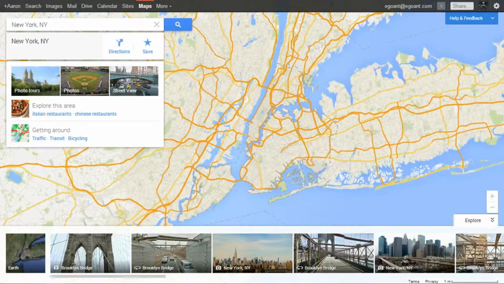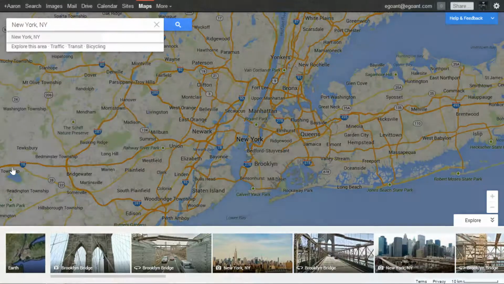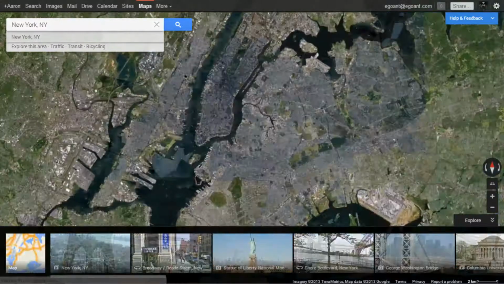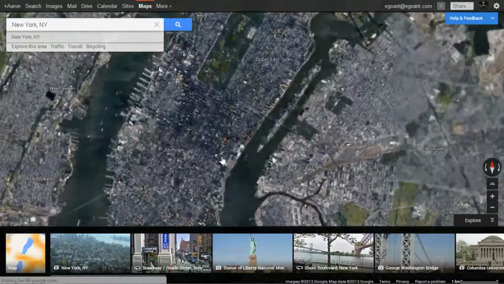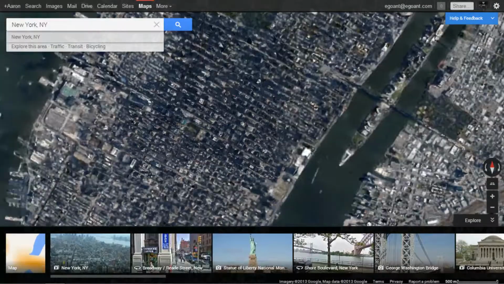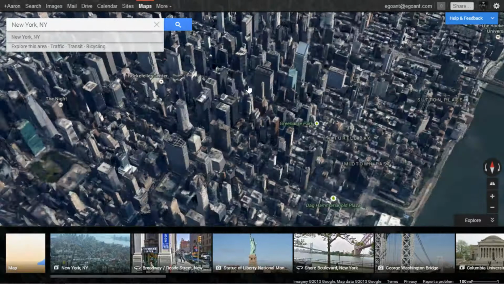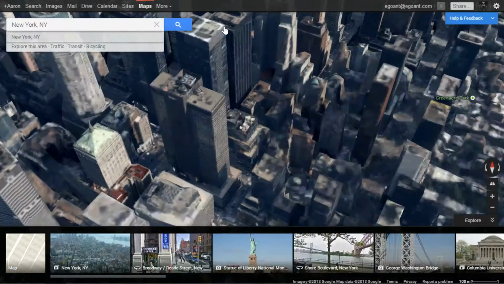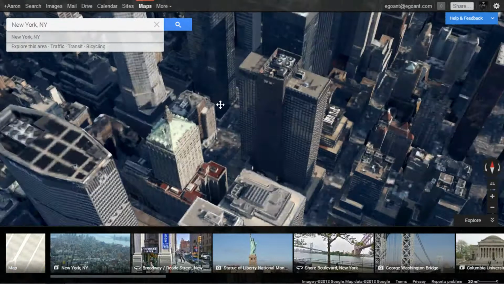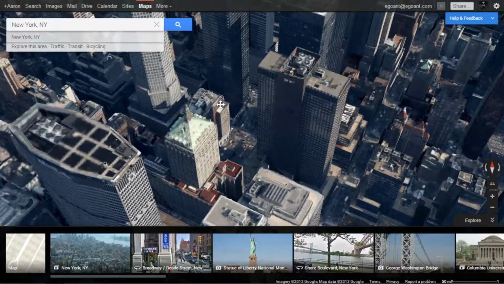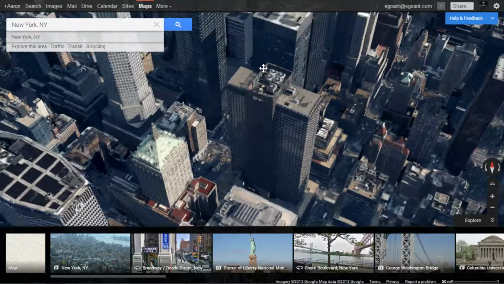And then the other really cool thing is if I go into Google Earth mode and zoom in here, Google now has in Google Maps a much more detailed 3D representation, and you can see as it's getting